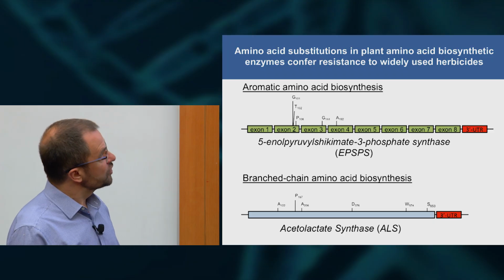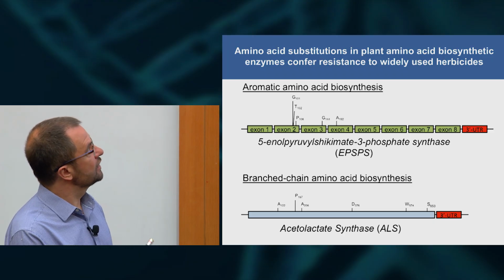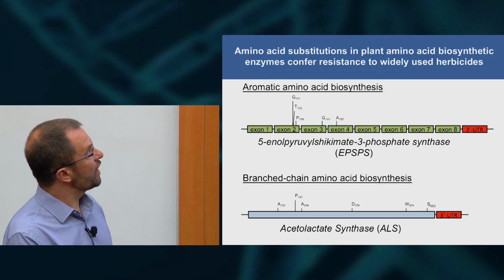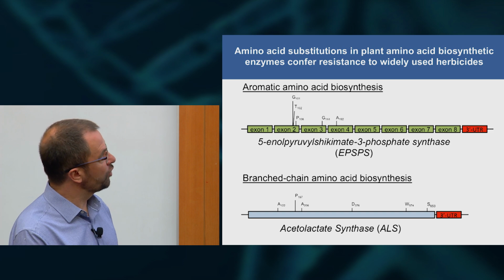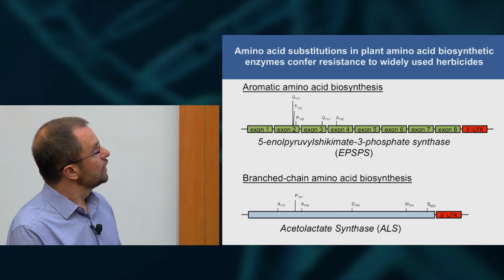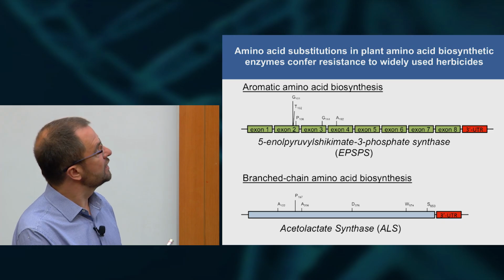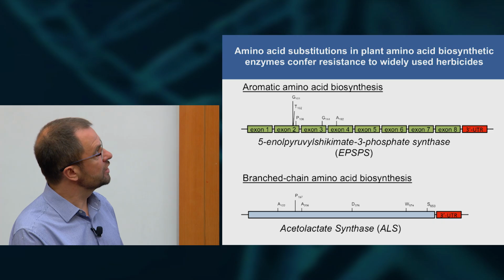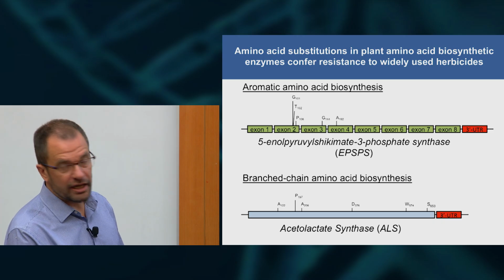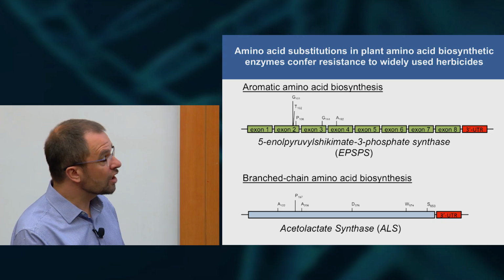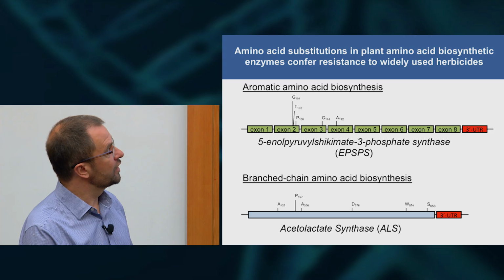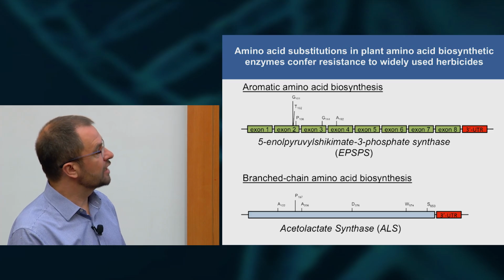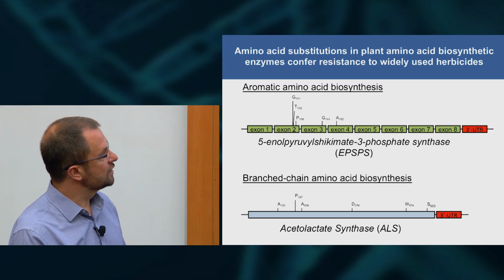And herbicides typically attack genes that are involved in amino acid biosynthesis, aromatic or branched chain amino acids. We do not have these enzymes. Animals do not have these enzymes. We get these amino acids from our diet. And so if you have chemical inhibitors, you really don't affect animal life, but you will starve the plants to death because they won't be able to make the necessary amounts of these amino acids.